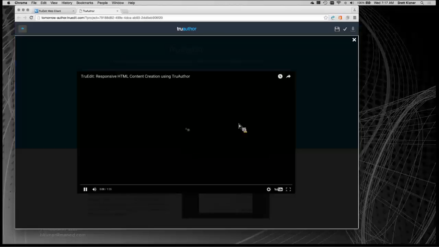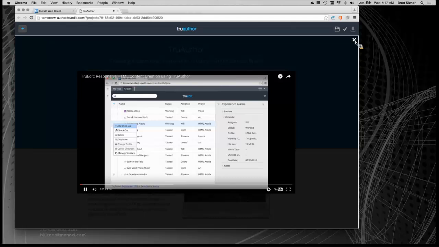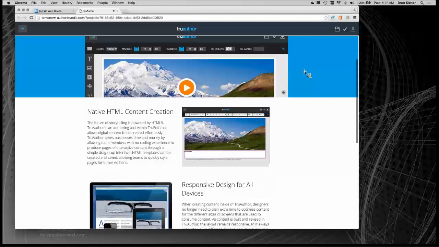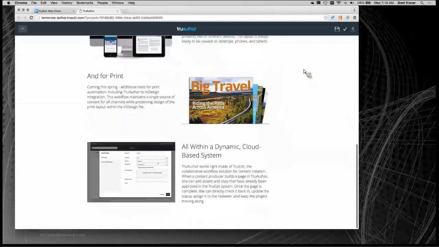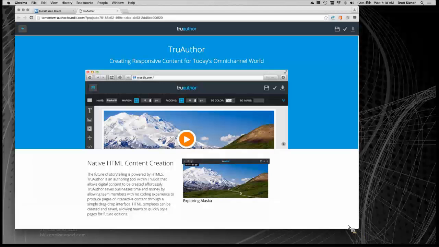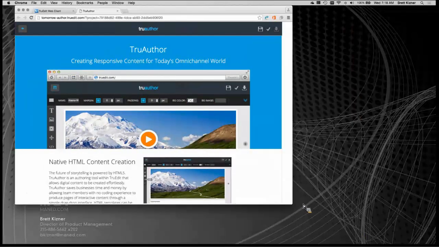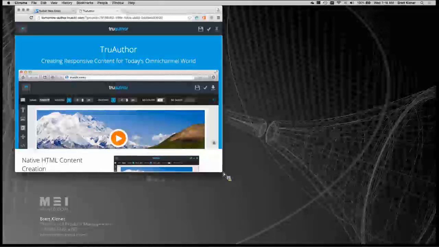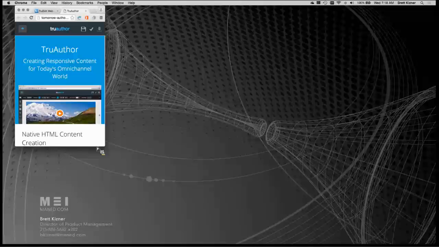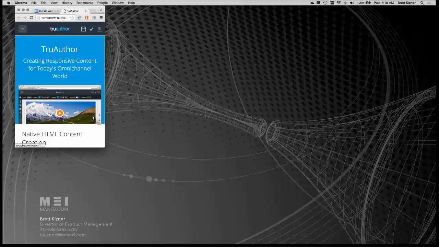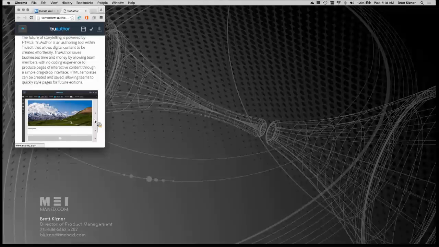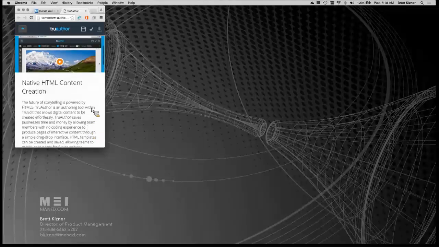And then the last thing I want to show you in the web client is the filtering capability. This is really useful for being able to find the most important information. So if I wanted to, I can come in here and filter on the fly and say, simply show me everything that's in the first round. And I can see here the 3 layouts that are in the first round. I can say, for instance, show me everything assigned to the design team. And in that way, I can very quickly and easily find the jobs I need in the different roles that I play throughout our production process.